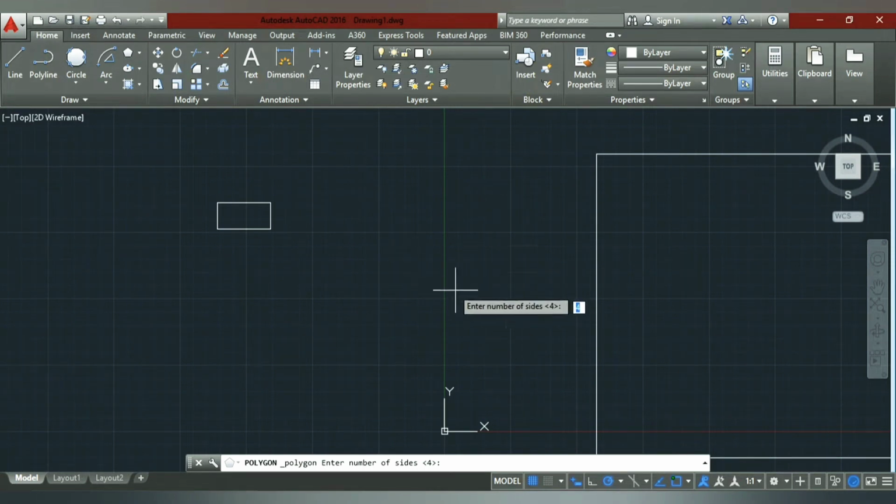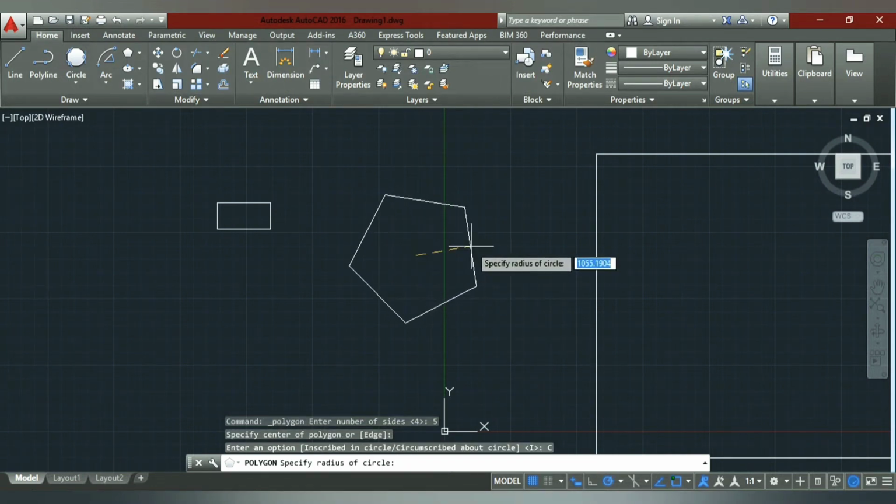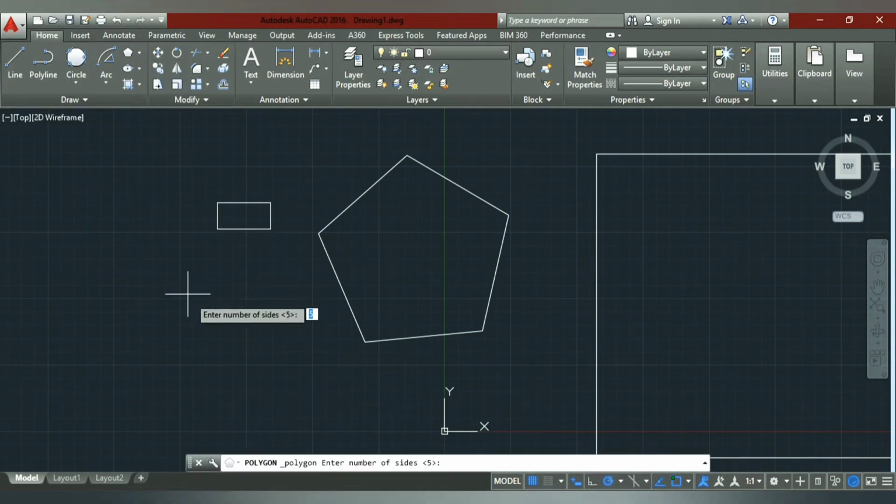I'll just start, 5, enter. Inscribed in circle or circumscribed by circle. So first I'll show with circumscribed by circle, and then just enter. Okay, similarly select once again, I want 5, enter,